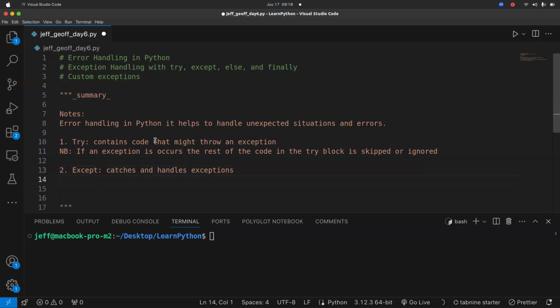So the NB of this is that you can specify different handlers for different exception types.